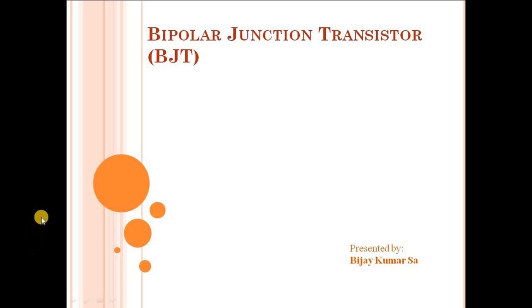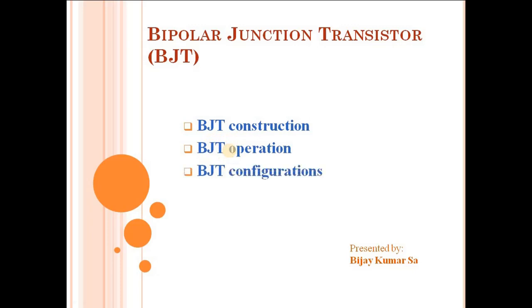by starting off with first trying to understand how the bipolar junction transistor looks construction wise. So we'll try to understand how the different semiconductor layers are arranged to make up a BJT, that is bipolar junction transistor. Then we'll try to understand the operation of the three terminal device BJT. Then we'll try to find out what are the different configurations in which the BJT can be put in the circuit.